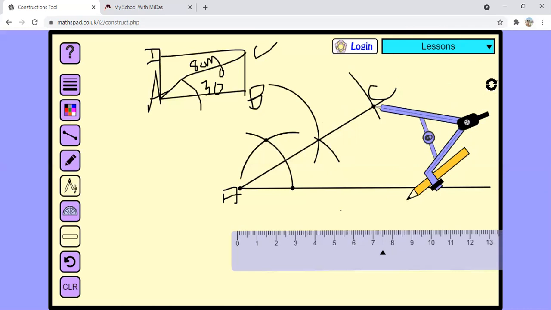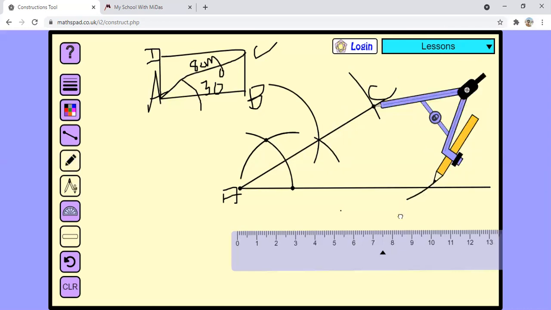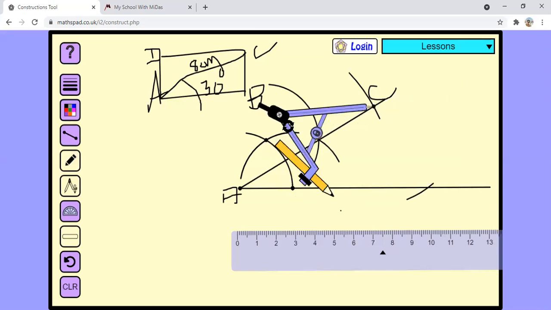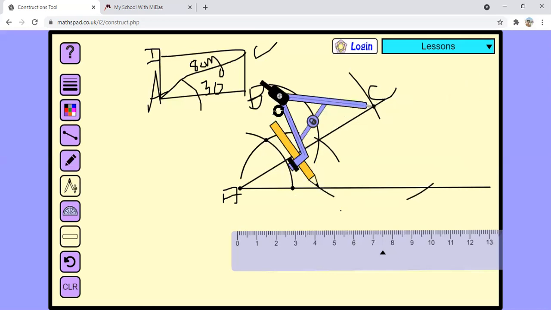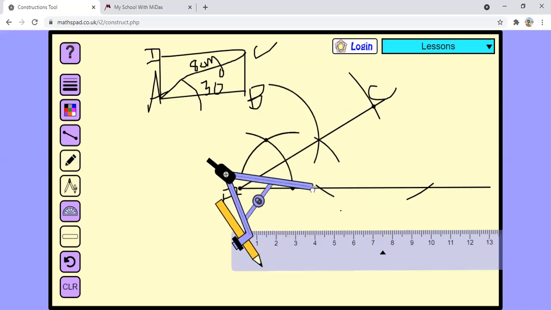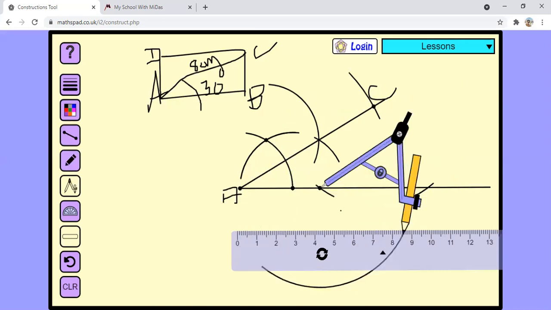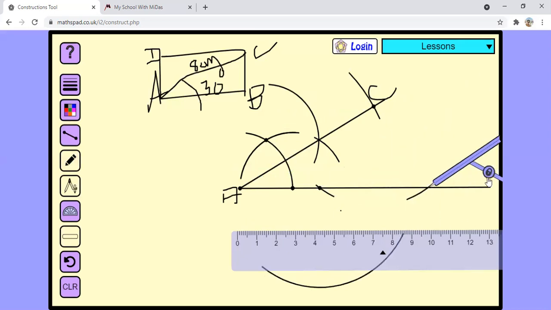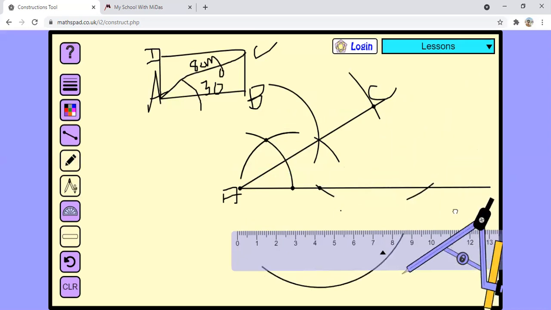Now cut this arc like this, okay, here also cutting. Now if you take this side, this side also it will cut here, like this. This much long arc we have to take, so that it will cut this line in two different places. Now pick up this compass and put it in these two places where that arc has cut, and from this place also cut this arc on this side, and from here also cut this arc this side.